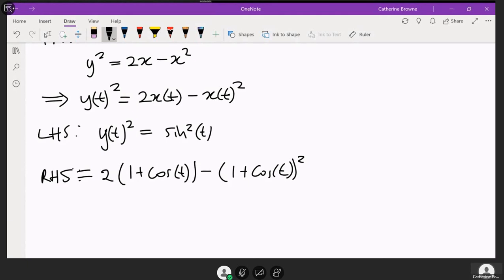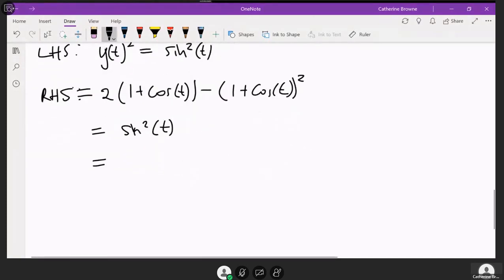And so if you expand that, you'll get to sine squared t. I'm not going to do it here because we're running out of time. And so that's the same as the left-hand side. And so thus,